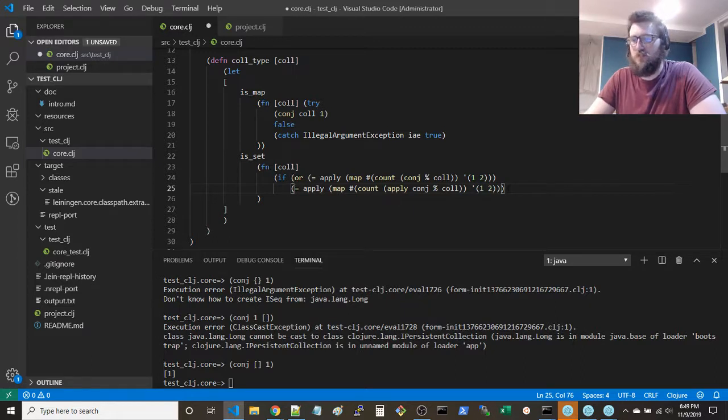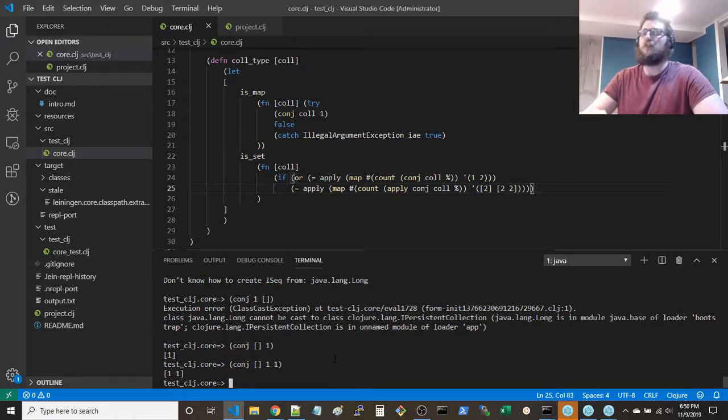Anyway, now what you do is you say apply a 1, no, apply a 2, and then apply a 2, 2. It should be the other way around. Now what you do is say if you apply each of these values, you can conj. Can you conj with multiple values? Conj 1, 1. You can. Yeah, there we go.